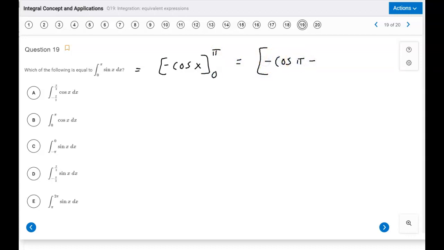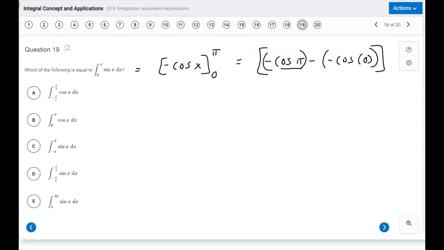Once again, you do need to know your trig values to answer this question. For those of you who have just been looking at a calculator or a worksheet this whole time to get your trig values, that's not going to help you on the day of your AP exam. You're going to need to know those trig values. So maybe we'll make some time to play around with our unit circle a little bit and get that memorized. Anyway,